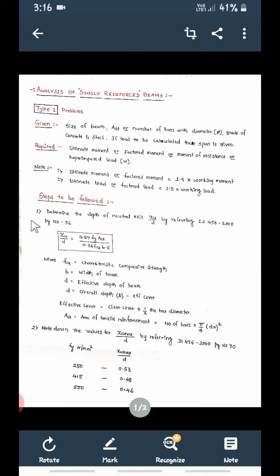So what is the first step? Now in the beam they are not going to mention whether it is singly reinforced or otherwise. We have come across three types of sections. In the previous classes we have seen that depending upon the ultimate strain reached in concrete and steel, we are going to classify the beam section in three ways.